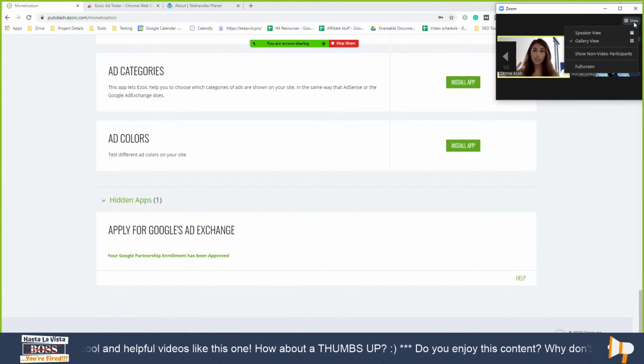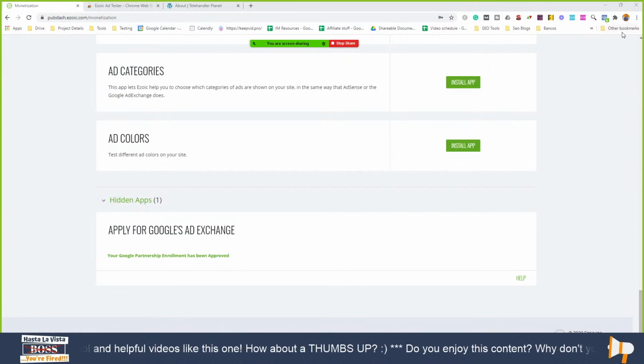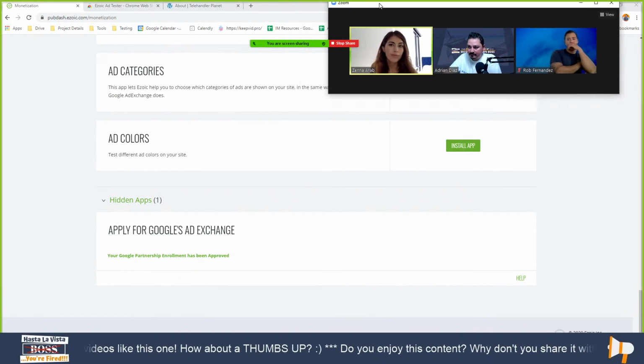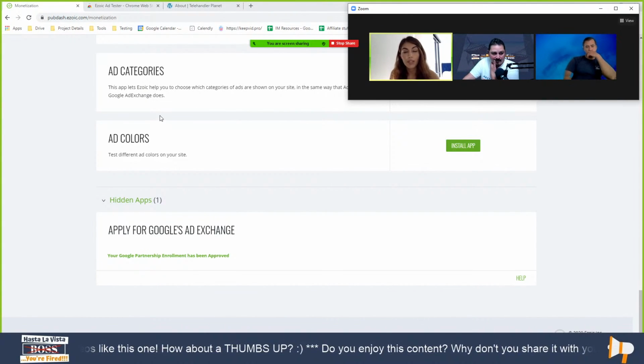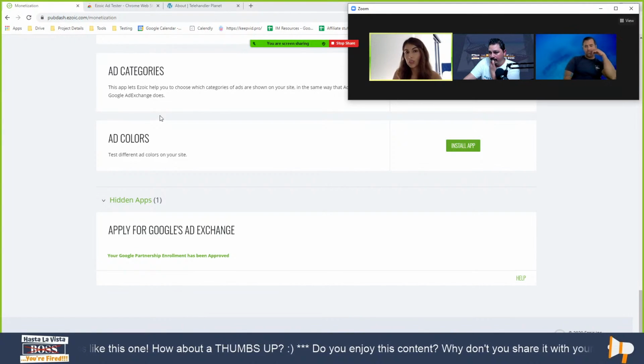And it's required just as if you were to apply for any Google product or any Google ad manager. It's like if you apply for AdSense, you go through an approval process. So you'll have to do that for AdX here too. Response time is usually 12 hours, but it can take up to 24 hours to get your approval. But you'll need to do that in order to start serving ads.